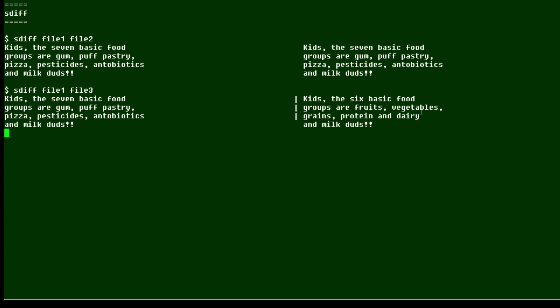And there's another one. Now you might notice in the first comparison, the files are the same and the lines match on each side. The second command here, it shows that they're different and highlights those differences with these vertical bars right there. So the side-by-side comparison allows you to easily spot and understand which lines are different in these files. Well, that is your Linux tip for the sdiff command.